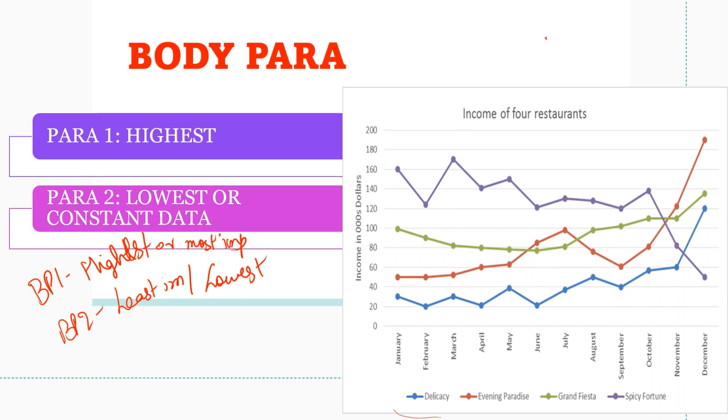You can even include the fluctuating or not so important ones in BP2. So in BP1, which one saw the highest, the drastic change? Here evening paradise started at around half, kept on hiking till July before taking a dip, but finally ended at the peak of